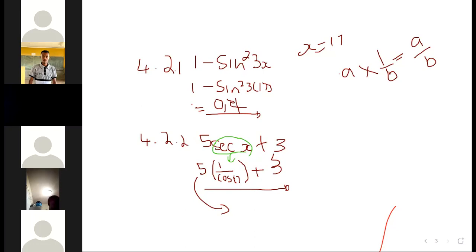So calculate the length of AC. AC is the hypotenuse of triangle ABC. If it's the hypotenuse side and I'm given the opposite side and the angle, and I want the hypotenuse, I need a trig ratio that includes an angle, an opposite side, and a hypotenuse. It's a sine ratio, right? So I'm going to say,